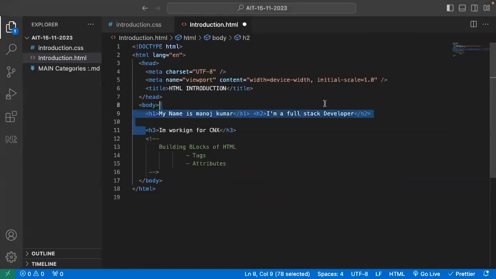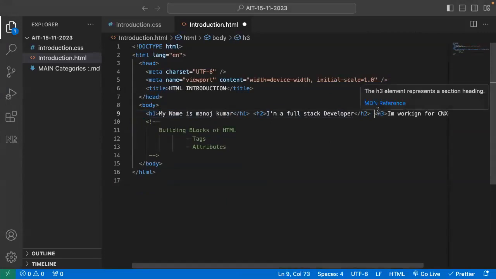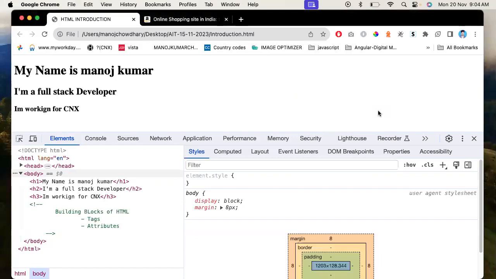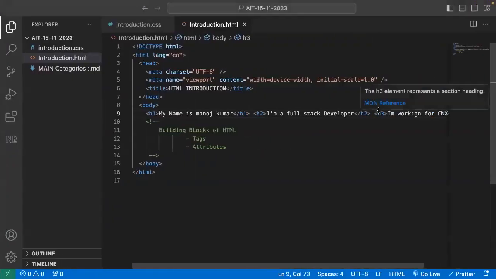See now, what I was doing, I was writing in a single line. Now tell me what will be the output I'll get. Why? Because of the tags, however you write, whether you write side by side or down by down, it will give the same output. Then why are you writing it down by down? Why? Because